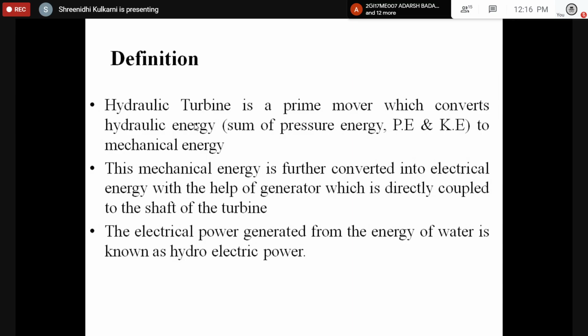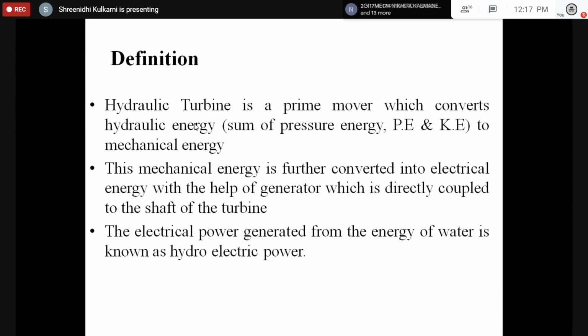This mechanical energy is further converted into electrical energy with the help of a generator. This is very important because the energy we get from water